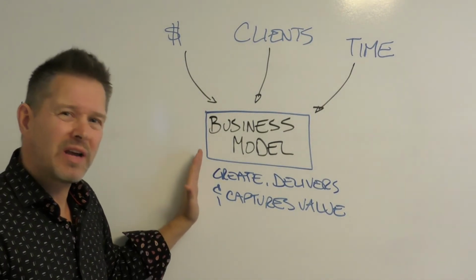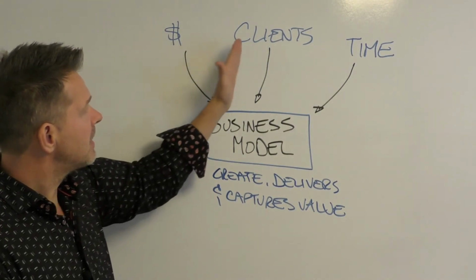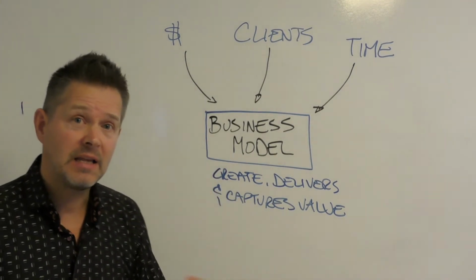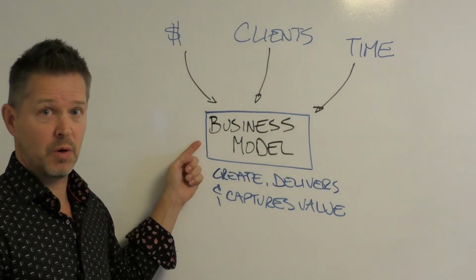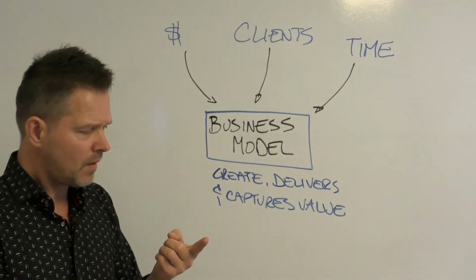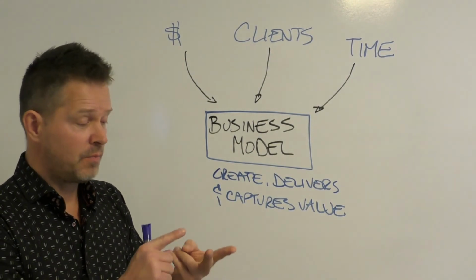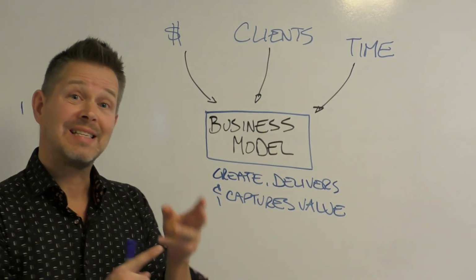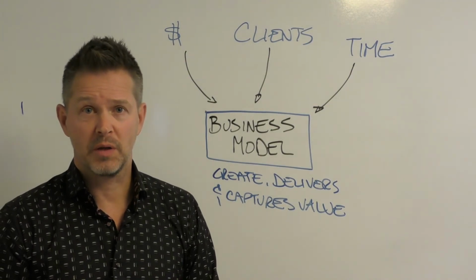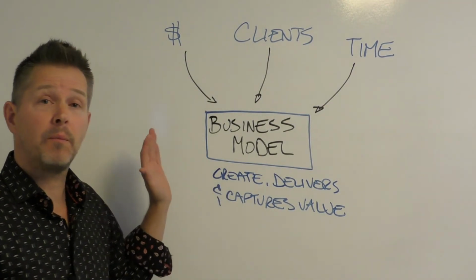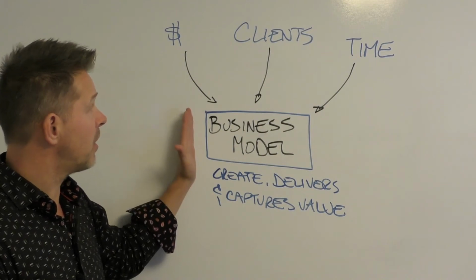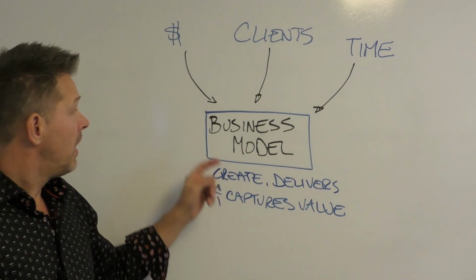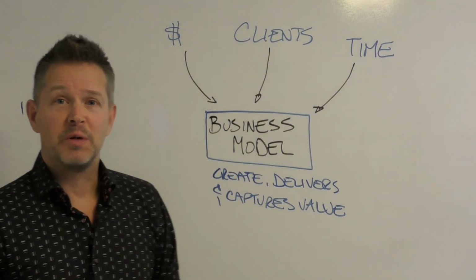Number two, is it working for you? Is it giving you the money, the clients, and the time that you deserve? And if it isn't, then I highly recommend you look at updating your business model. Then the third question you're going to ask yourself is, if your business model isn't working for you, how do I update my business model? And that's exactly why I created the Accountant Success Formula program. It's to show professional accounting firms how to update their business model so that they can get these three freedoms: money, clients, and time. So there you go. That's what I mean by updating your business model.